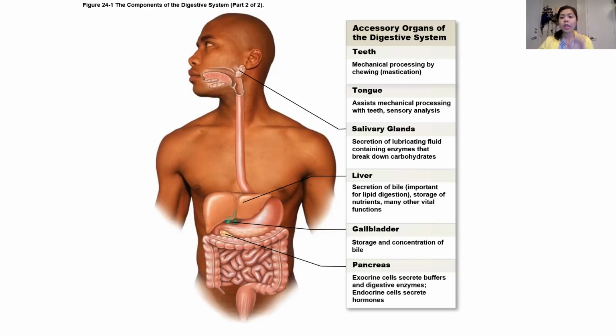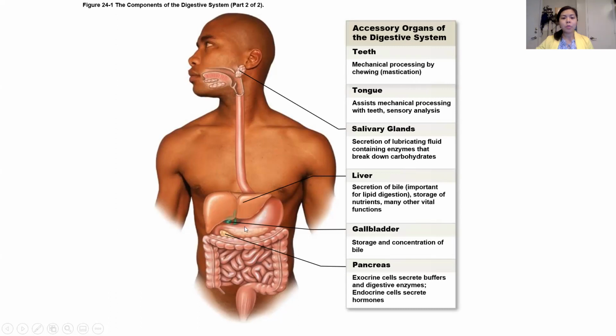So starting with the 3 salivary glands, you've got the parotid, submandibular, and sublingual. Of the 3, the parotid is the largest. The parotid salivary glands are located anterior to the ear. And then the sublingual and submandibular, aptly named. The submandibular will be found below the mandible, so below the jaw, and the sublingual, lingual in reference to the tongue, will be found below the tongue. There's also the liver,